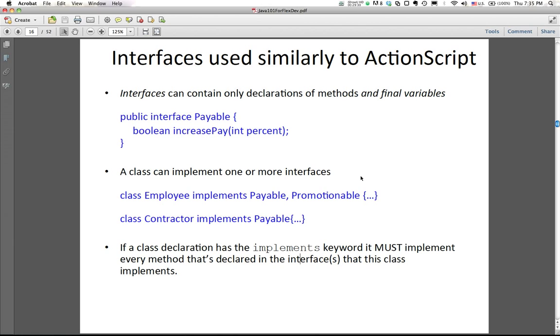Actually, there is a slight difference. In Java, interfaces can contain only declarations of the methods and final variables. I don't think you can use final variables inside the interfaces in ActionScript. So, for example, to implement what we just went through using interfaces only,